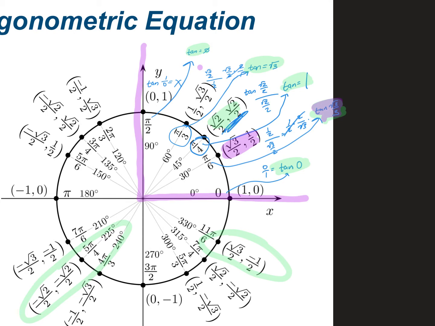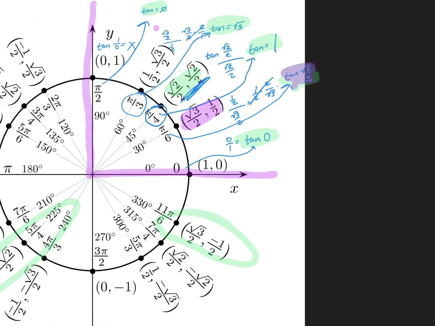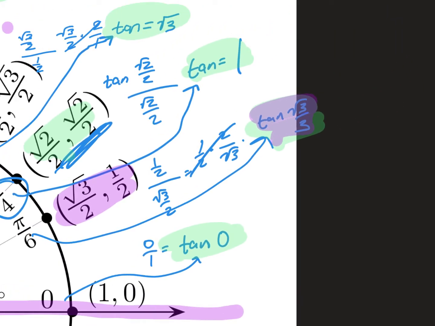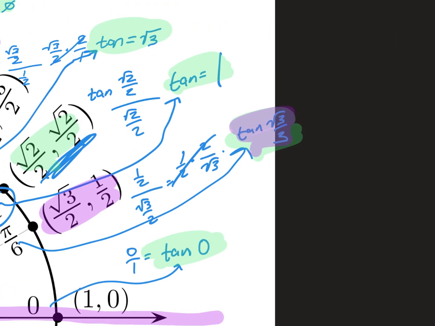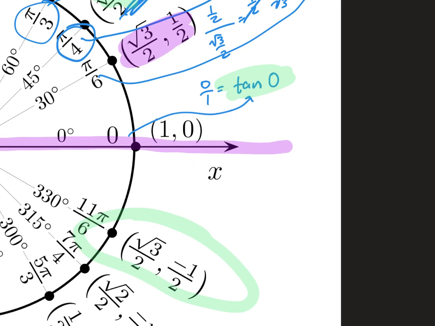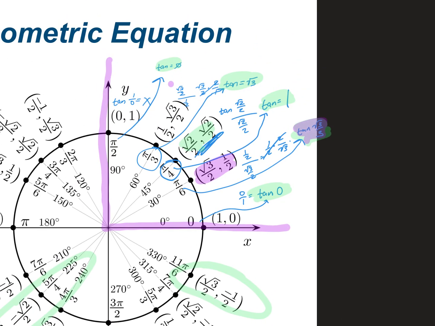Or you can just work it out every time. But if I had root 3 over 2, comma, negative 1/2, we'll look at it in the first quadrant. When root 3 over 2 is first and 1/2 is second, your tangent is root 3 over 3. But since it's in this quadrant, one of your coordinates is negative, so your tangent would be negative. I'll explain this a little more when we go to the next example, but that is something that you guys